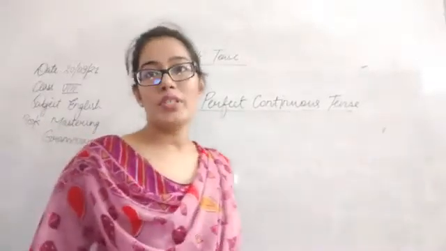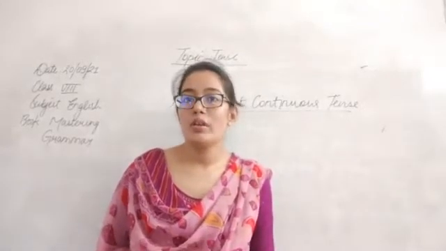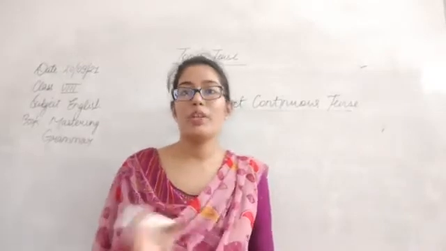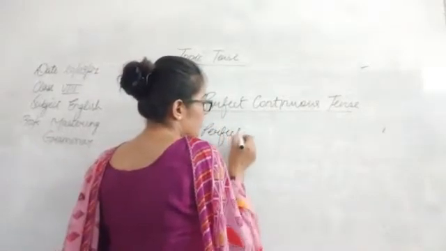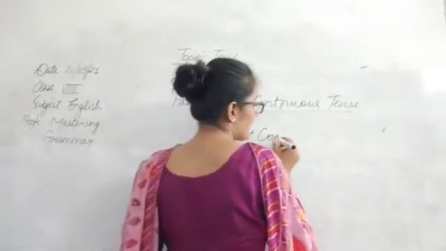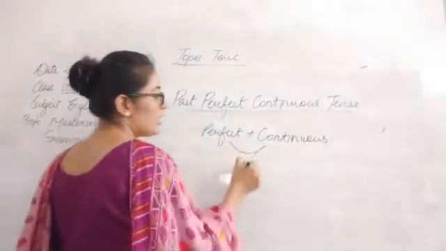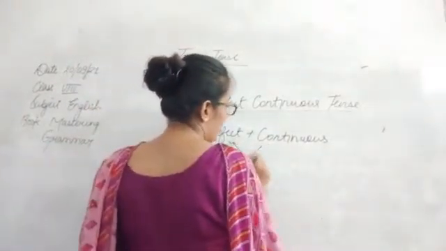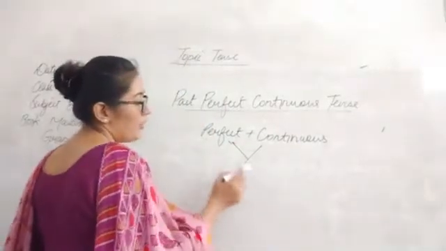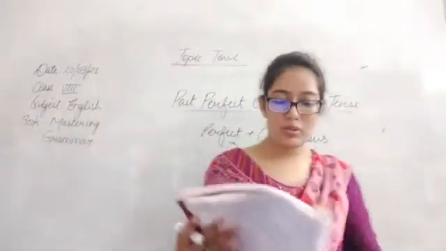Okay, beta, I have already told you that past perfect continuous, or any perfect continuous tense, is a mixture of perfect tense plus continuous tense. So the features of these two tenses combined together form perfect continuous tense. Okay, so let's discuss the